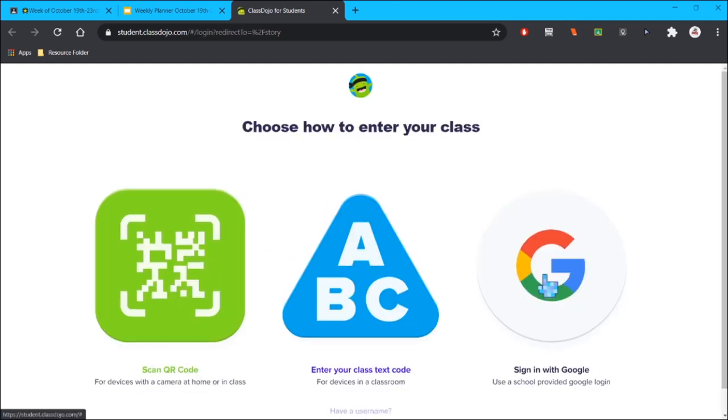And it should have a couple of options for us, one of which will be to log in using Google. Okay, these are our options. We want our red, yellow, green, and blue G for signing in with Google. So I'll click that,